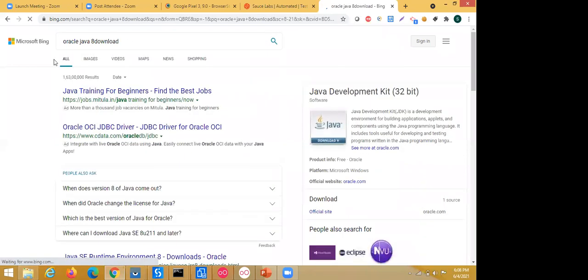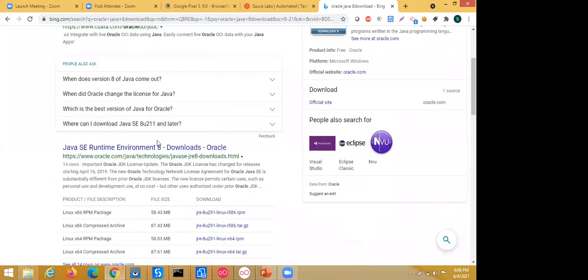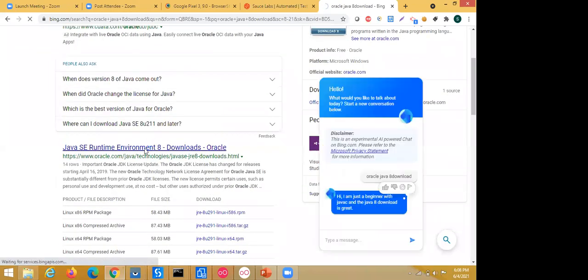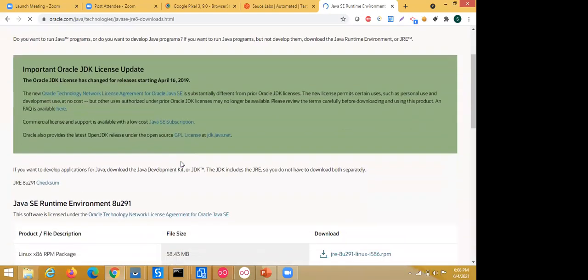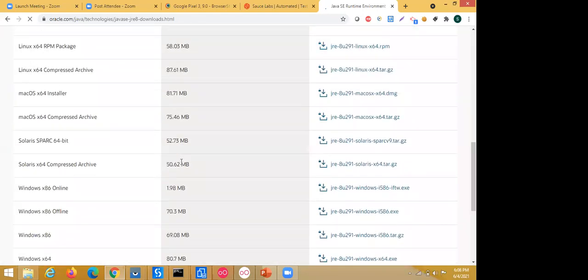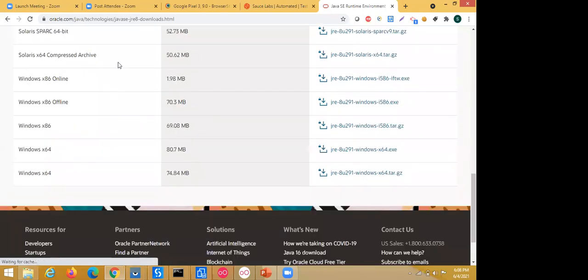Currently I'm referring to Java JDK 8 because JDK 8 is the most stable version. Go to the Oracle website and download the 64-bit Windows version, the .exe file.